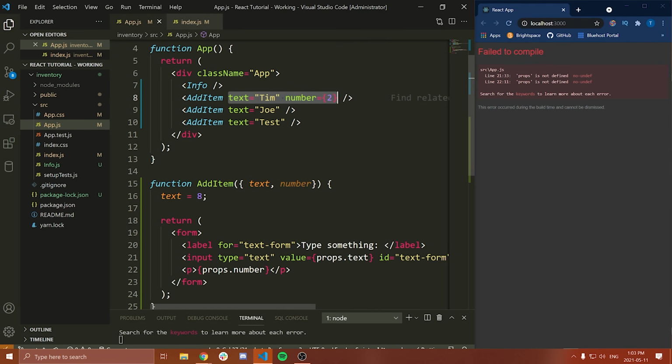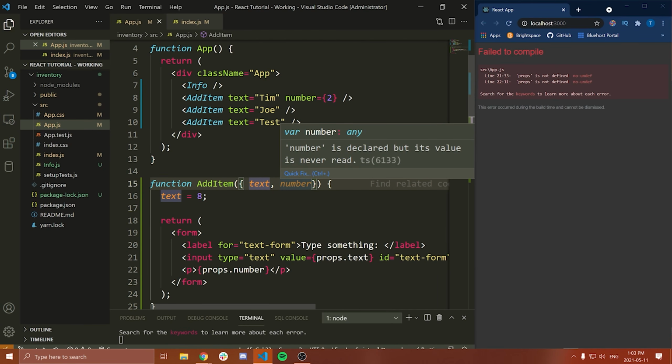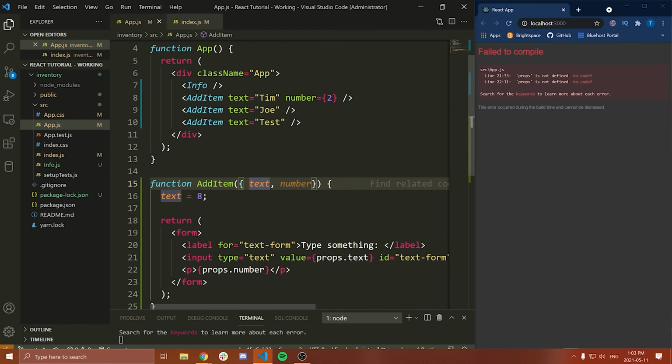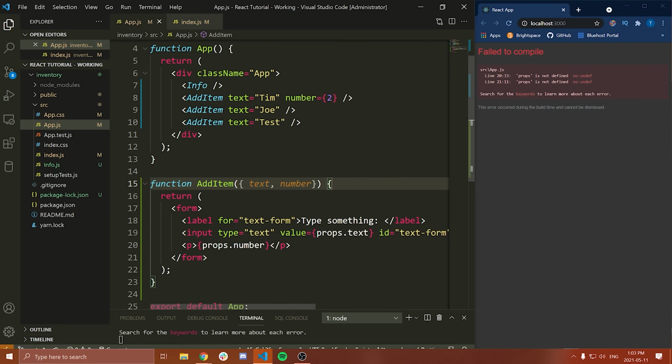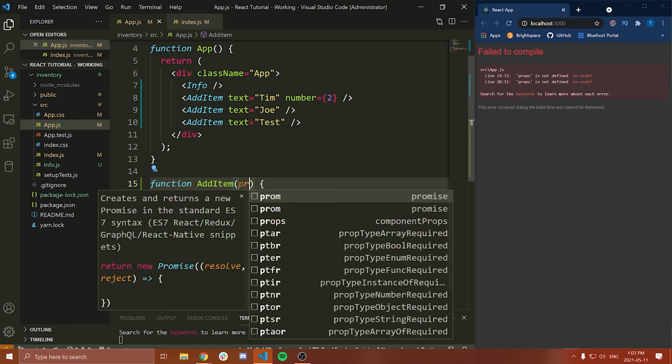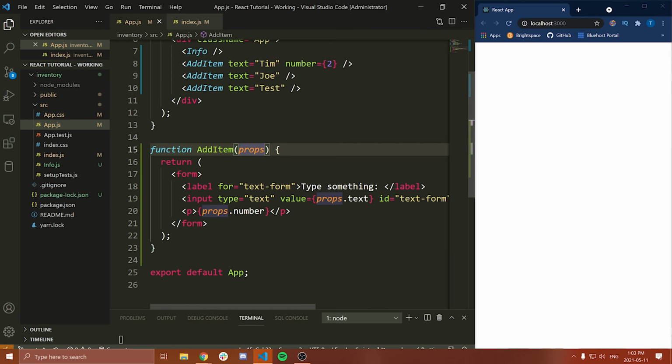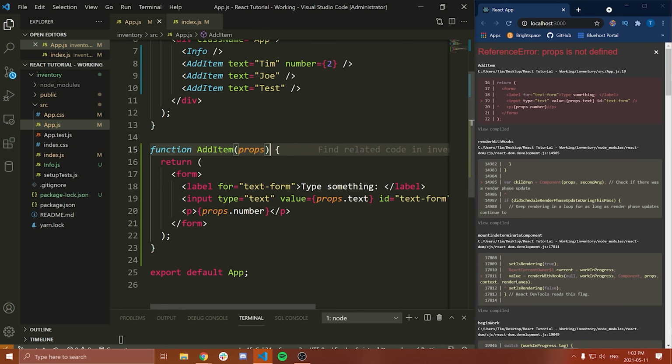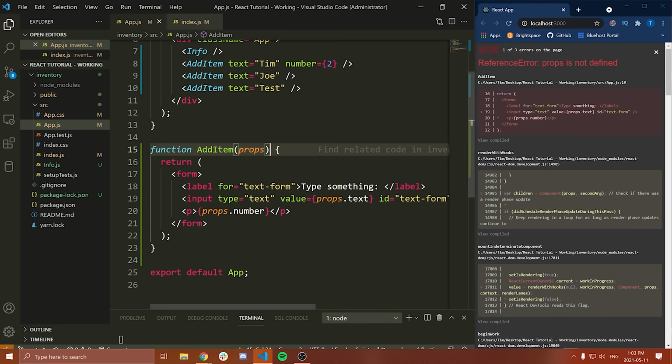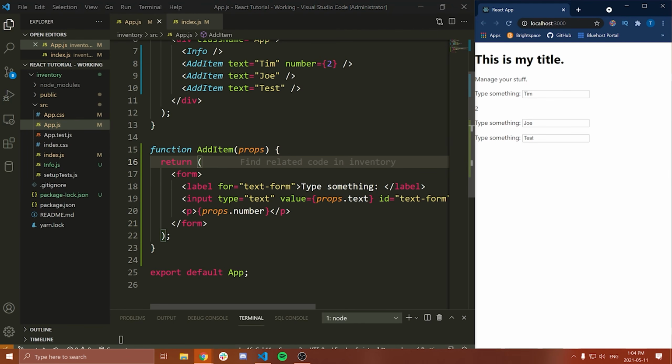And so you don't get an error because these here, you can see if I just hover over it, var text, var number, they're not read-only values, but these here are. And so that is why it is fine to modify them if they're passed in this way, but you still probably shouldn't do that because that's just not great React practice. So let's go back to props like that. Again, just note this is the actual JavaScript object, whereas before we have variables that are storing copies of what's inside of the JavaScript object. Okay, so let me save this now and refresh. I think everything is good.